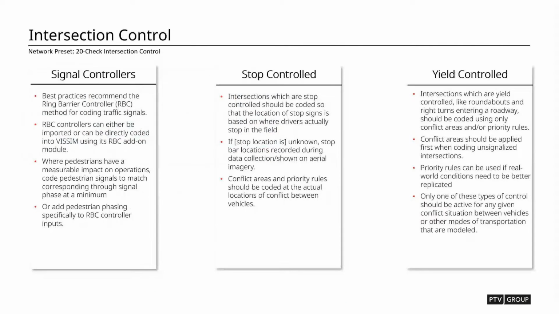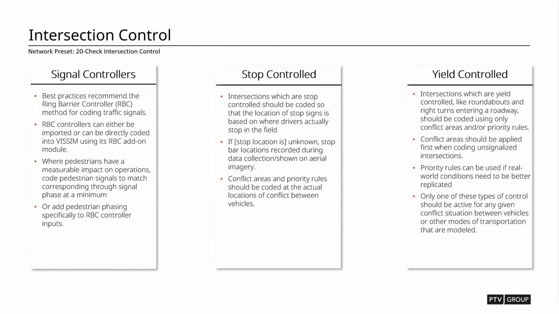So the different control types that we have in Vissim are signal controlled, stop controlled, and yield controlled. We technically have uncontrolled or uninterrupted flow, but we don't really consider those as intersection control. They're just merge and weave kind of things. So signal controllers,